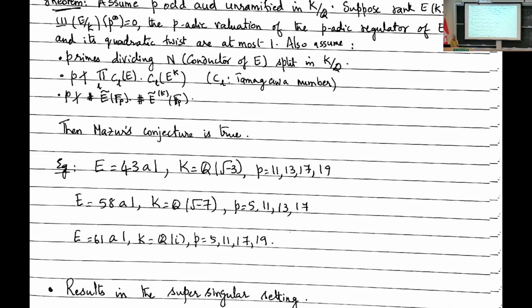And I'll close here by saying all this was in the ordinary setting. One of the assumptions I had was that the elliptic curve has good ordinary reduction at the primes above p. We have corresponding results when the elliptic curve also has supersingular reduction. That's more technical, but I'll stop here. But we have similar results there.